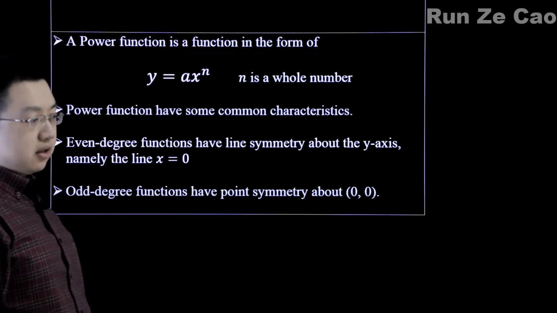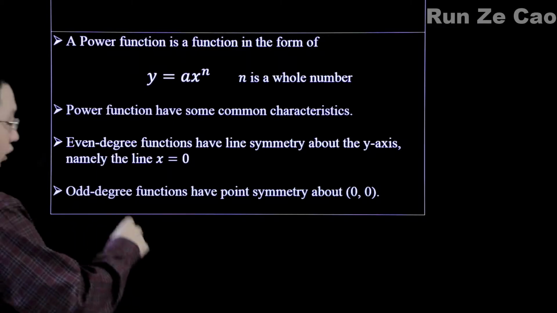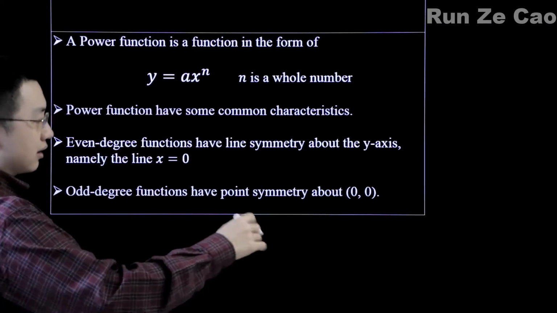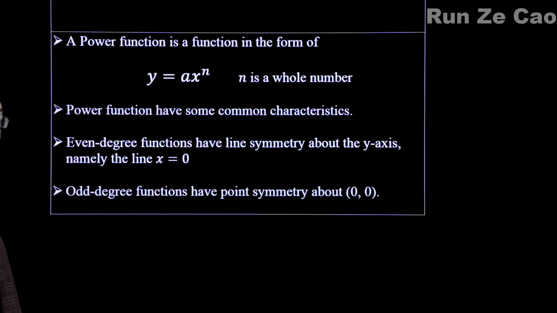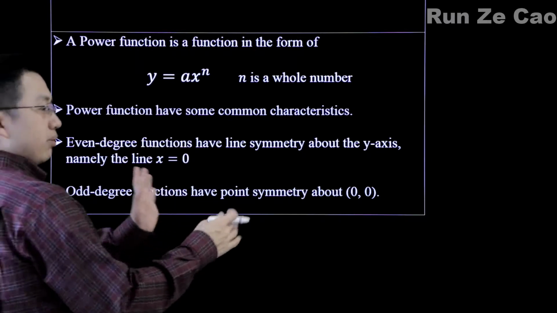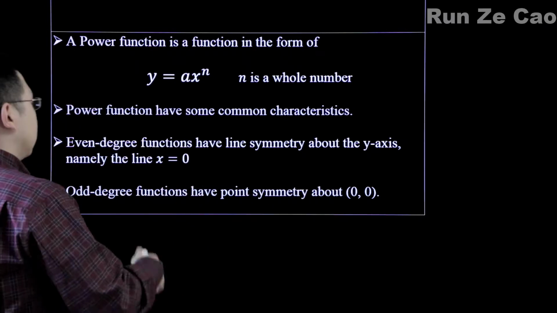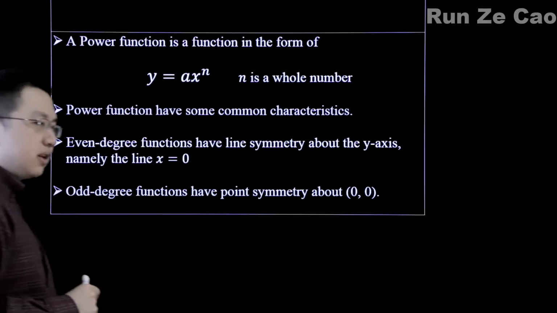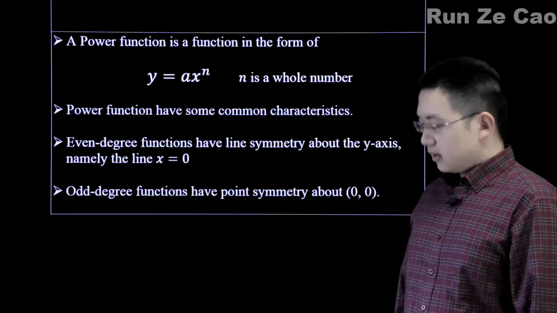For example, let's say we have a graph where we are only looking at the values from x equals 1900 to x equals 2000, and we're trying to model something. Where are we going to put the y-axis? No, we're not going to put it way off the chart. Of course we're going to put it on the left side. Odd degree functions have point symmetry about (0, 0). What does this mean? This means that,